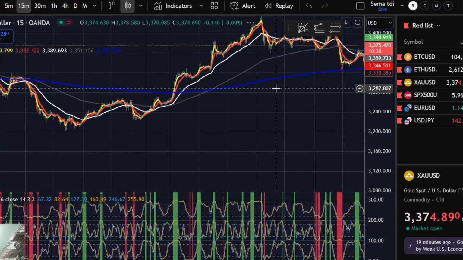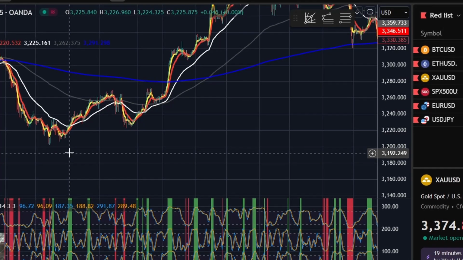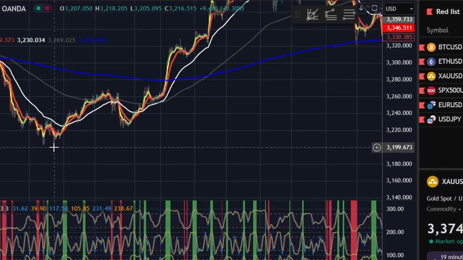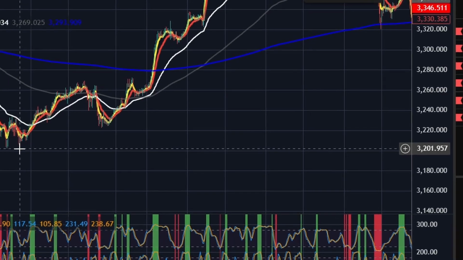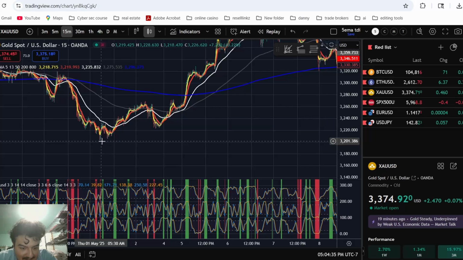Should we take it a step further and look at time zones while I'm at it? I think I shall. So we're away from the 50, and look at this perfect time too. It's like 8 a.m. It's in the morning. So around here, 5, 6, 7, 8. This is still market open. We're away from the 50. We've been away from the 50 for a while. So here you're like, we have to go back to the 50. So we buy to the